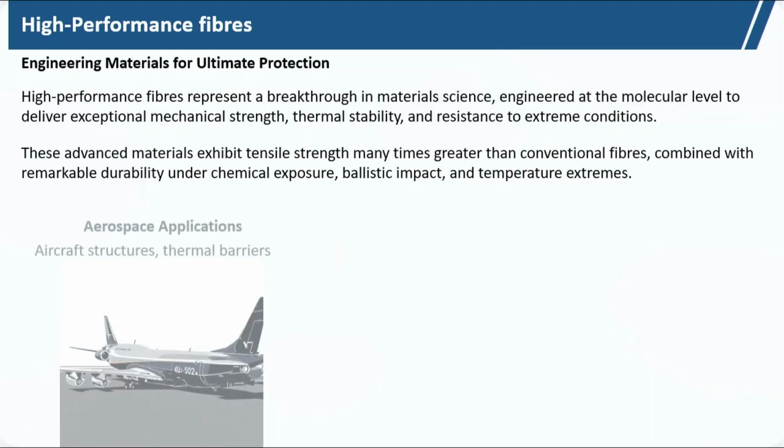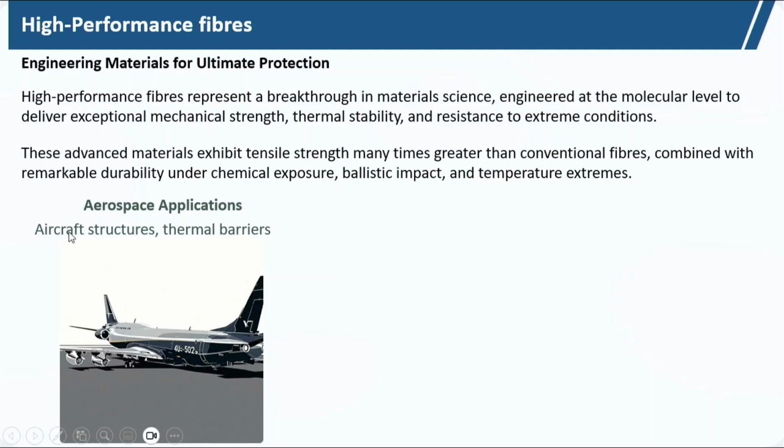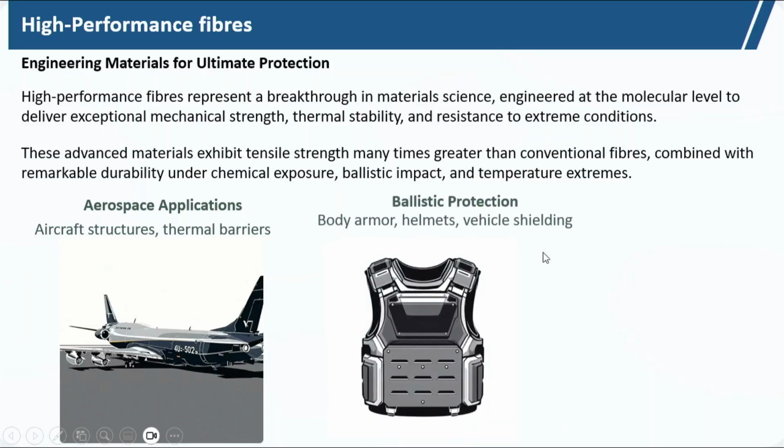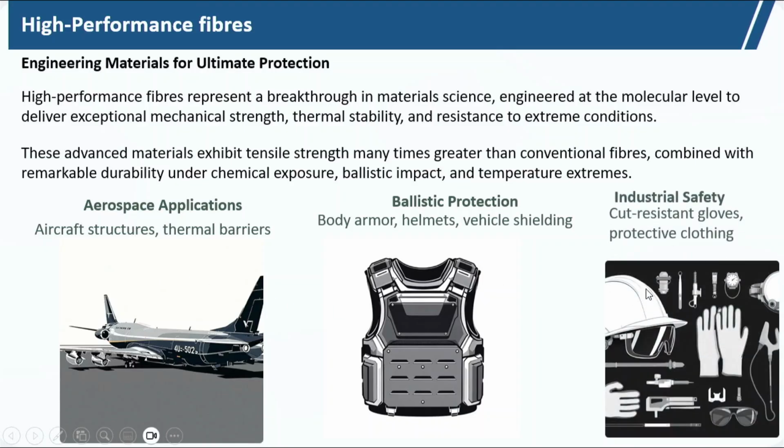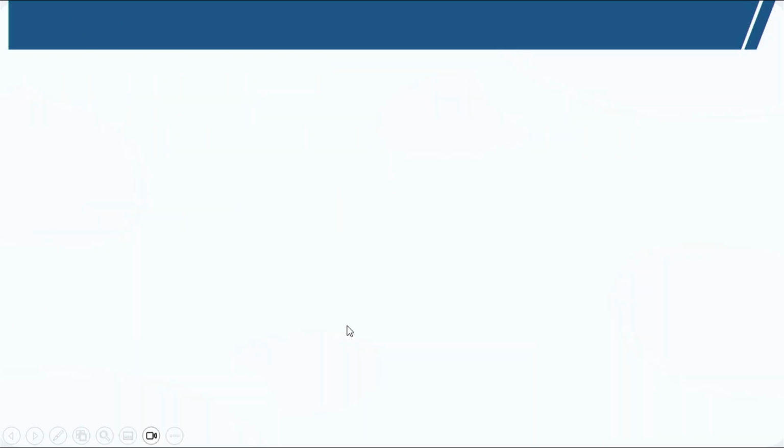So, high performance fibers are used in aerospace applications. So, aircraft structures, thermal barriers, like carbon fibers are used. Okay. So, there are different types of high performance fibers used for ballistic protection. So, body armor, helmet, vehicles. So, this type of high performance fibers are used for industrial safety, cut resistant gloves, protective clothing. So, for all these applications we use high performance fibers